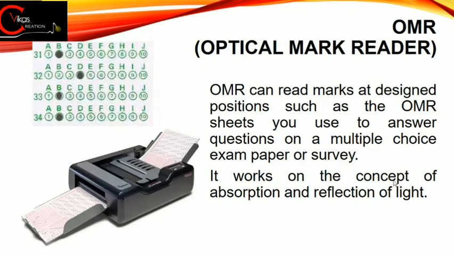Fine. Next we have OMR or optical mark reader. Generally you have seen that whenever we give any competitive exam such as any GK quiz or any other competition where we have multiple choice type questions, in that competitive exam we have to fill an OMR sheet. In this OMR sheet we have multiple options that we have to select. Fine. So generally for all these objective based competitive exams where we have multiple choice type questions, we have some options like A, B, C, D, E.